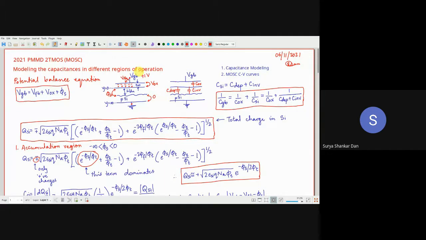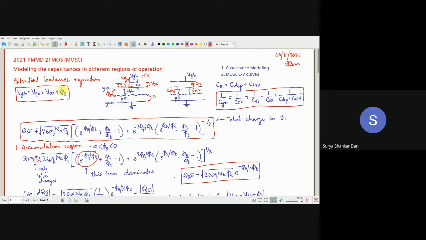Okay? Please keep in mind. So if in an interview somebody asks you what the charges in the oxide are, there are two kinds of charges. One is because of the good thing, that is the dipoles, and one is because of the bad thing, which is the interface trap charges, oxide defects, and all those things, which are all in the zero error. Got it? Very good. So that is the VOX.